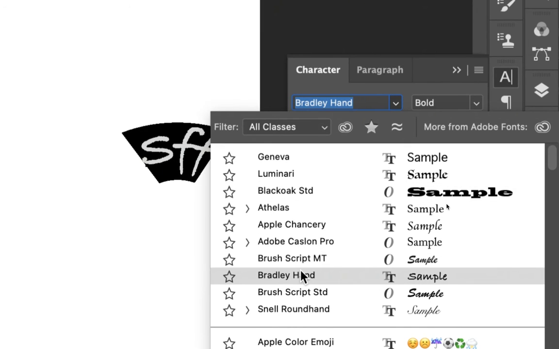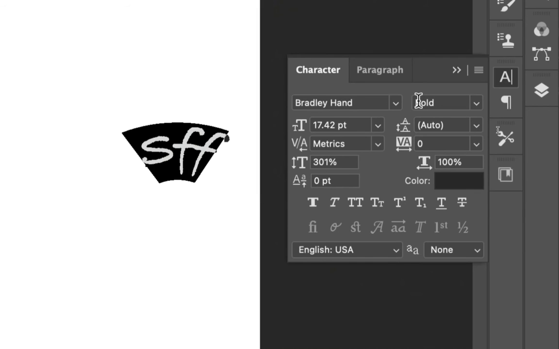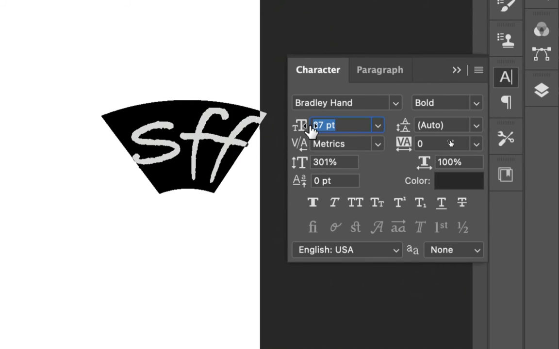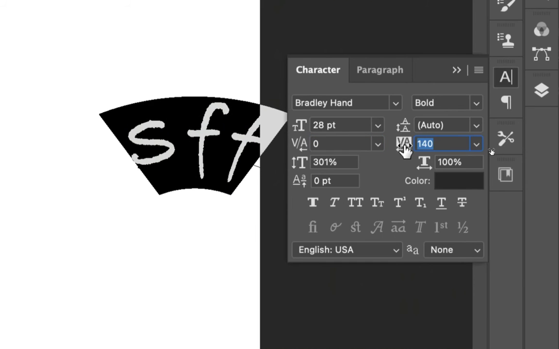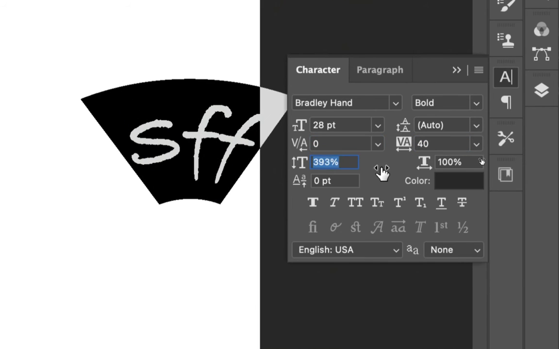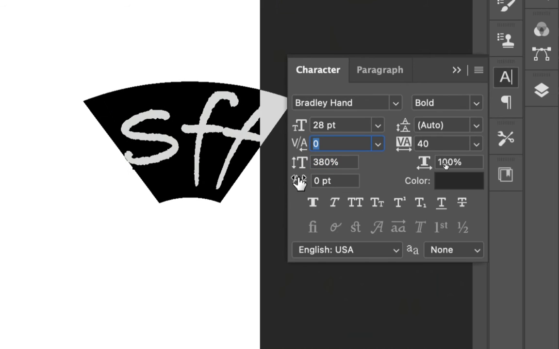You can see that it'll give us some options. I'm going to change to this one. I can change the type style. Right now, this only has bold, but then there's a lot of other things that we can edit. We can edit the size, making it bigger or smaller. We can also edit a couple other things like how close letters are to each other, or how far apart they are, as well as how stretched out they are, or how thin, or if I want to have certain letters higher than others, as well as